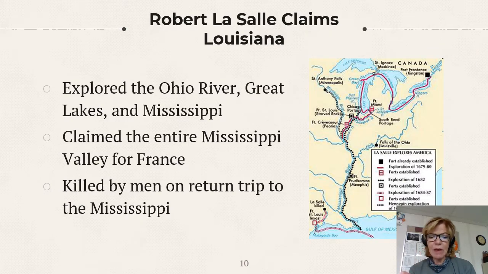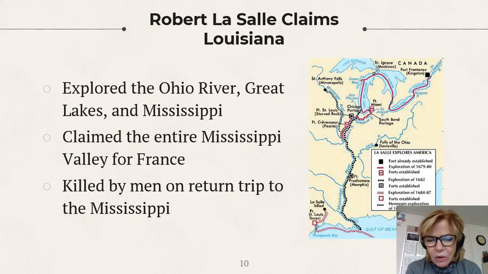Okay, so check out this map over here. This is Robert LaSalle's route as he came down through the Great Lakes and then to the Mississippi and claims all this territory on behalf of France. So he starts up there at Fort Fond du Lac, and then he goes to Lake Ontario, Lake Erie, up through Lake Huron. I mean, they're paddling. That's all they had to do, and they just paddled all day long, all day long. And the Jesuits are with them, and they're tracking down and they're keeping records of the maps and the coastal areas and everything else. Then they go down into Lake Michigan, a little bit into Green Bay, come down to where we now have present day Chicago.